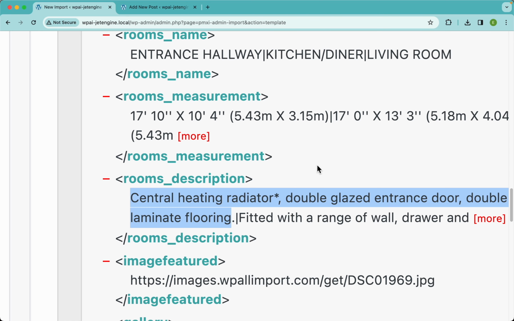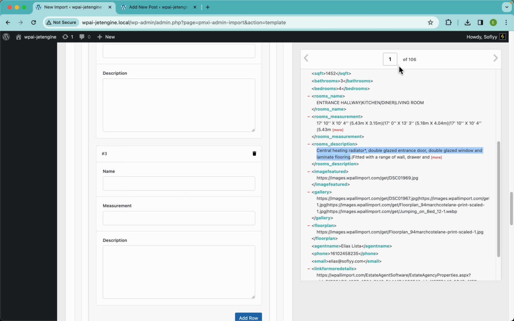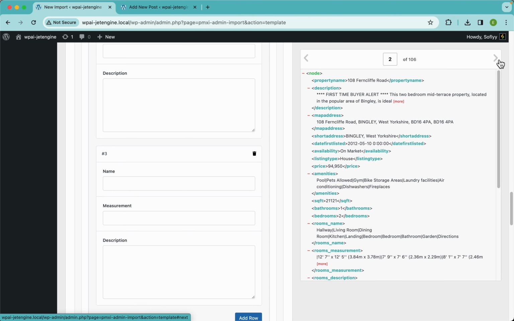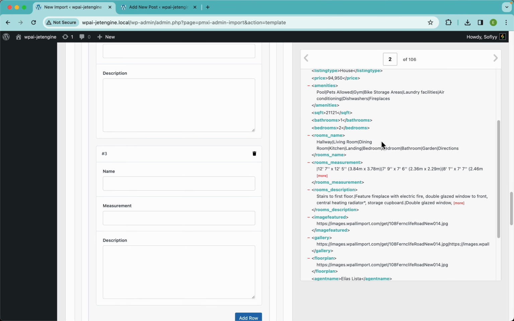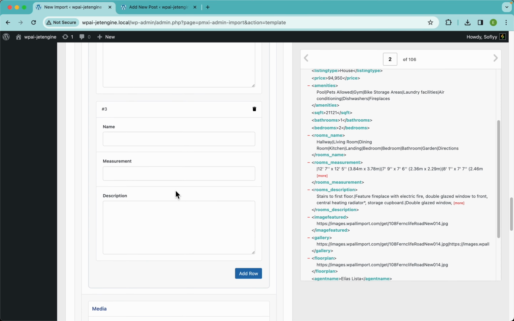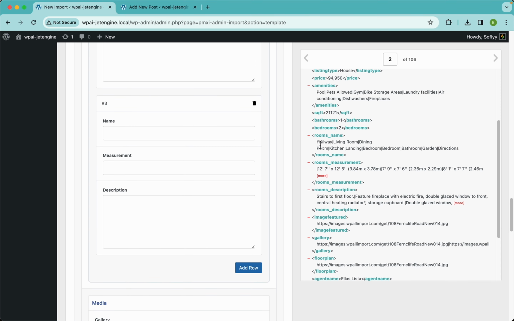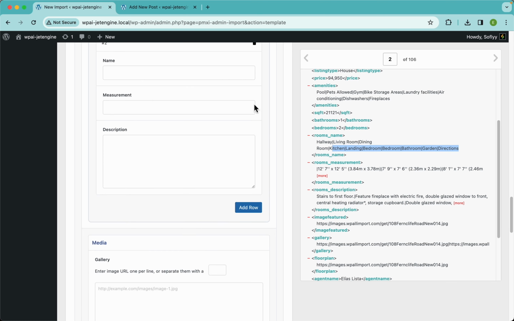Now, this is pretty common. But as you can see, this is the first record, which is the first property. Now, this one has a lot more rooms. So if we use the fixed repeater mode, we could maybe import the hallway, living room, and dining room, but all of the other elements, we wouldn't be able to import them. So I'm going to delete this,